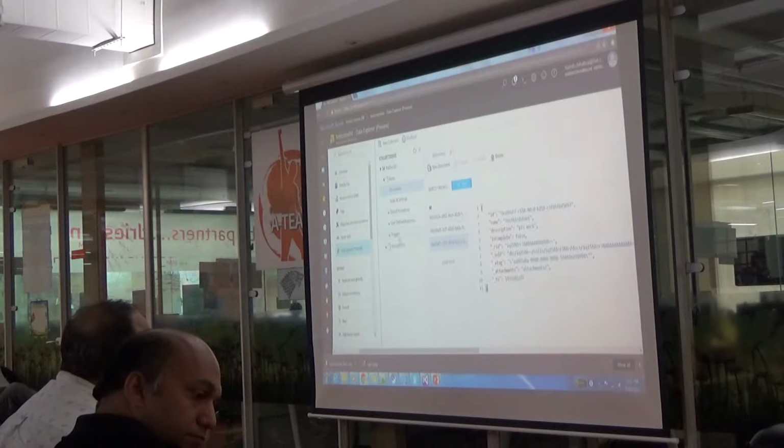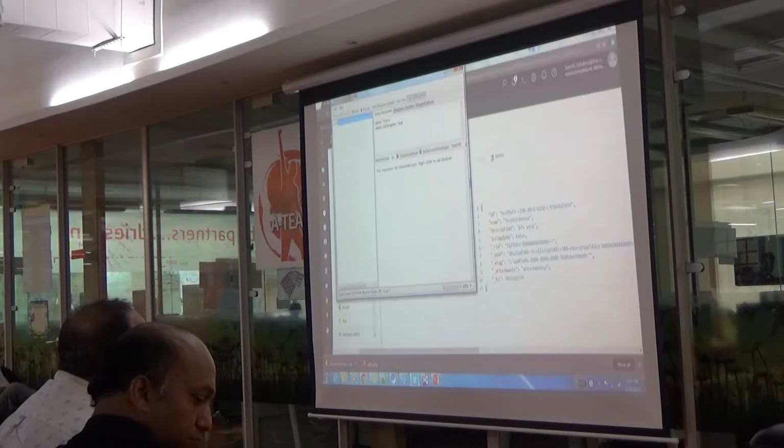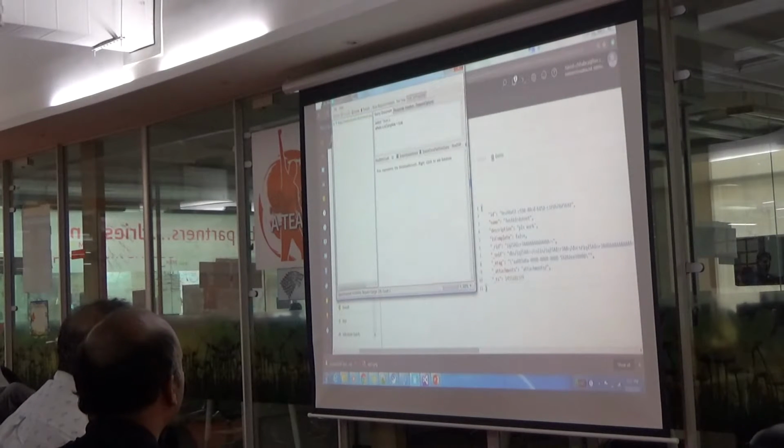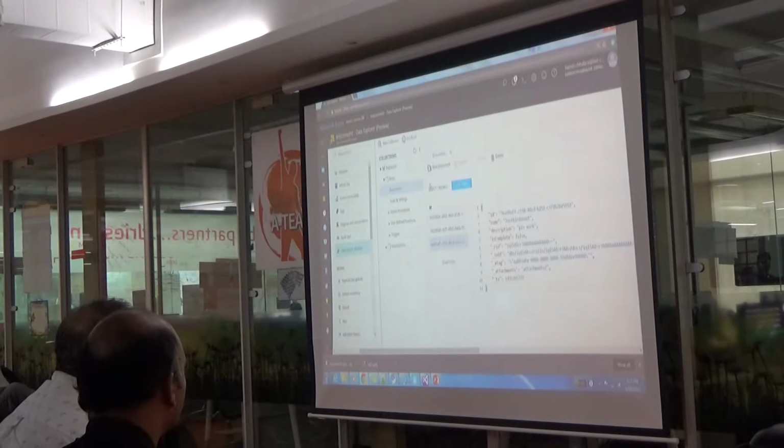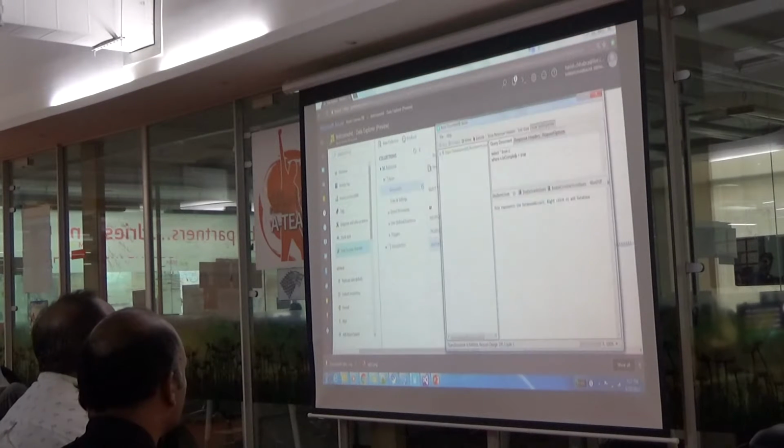Now I'm going to move to DocumentDB Studio. I am doing it just because I want to show you DocumentDB Studio as well. I can do exactly the same thing from here. Just FYI, everything is there in the portal as well, but this is a more sophisticated client tool.